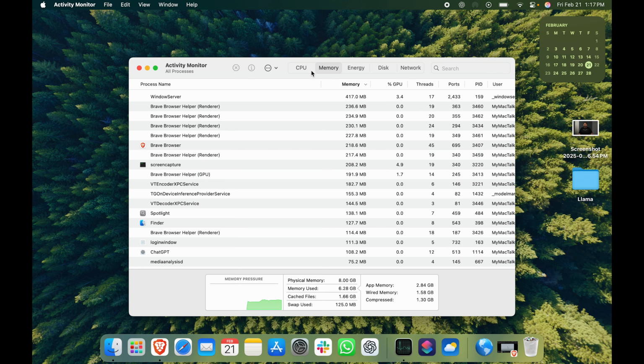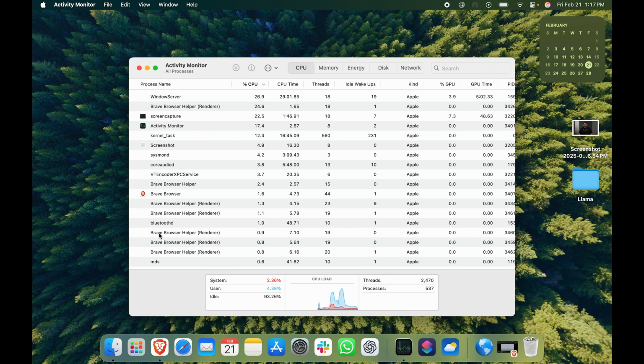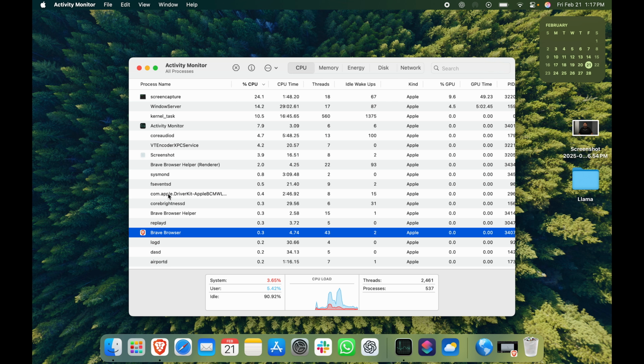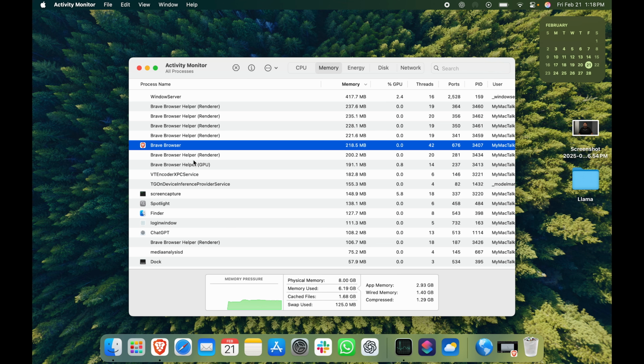So first of all, it is memory. It is also going to use CPU. So if I click on CPU, here you can see browser is one of the things that has been using the CPU as well as the memory. So you want to come to Activity Monitor, you want to detect which programs are actually slowing down your computer,